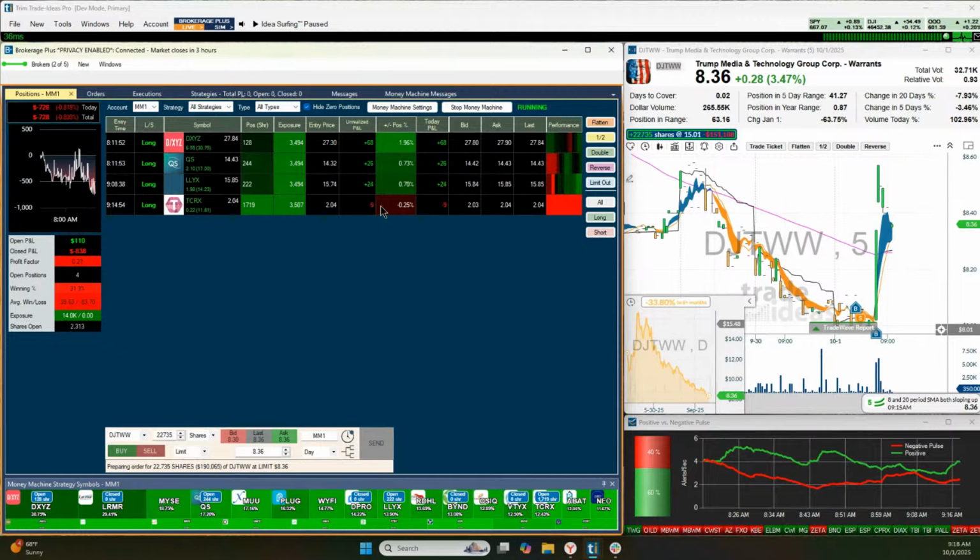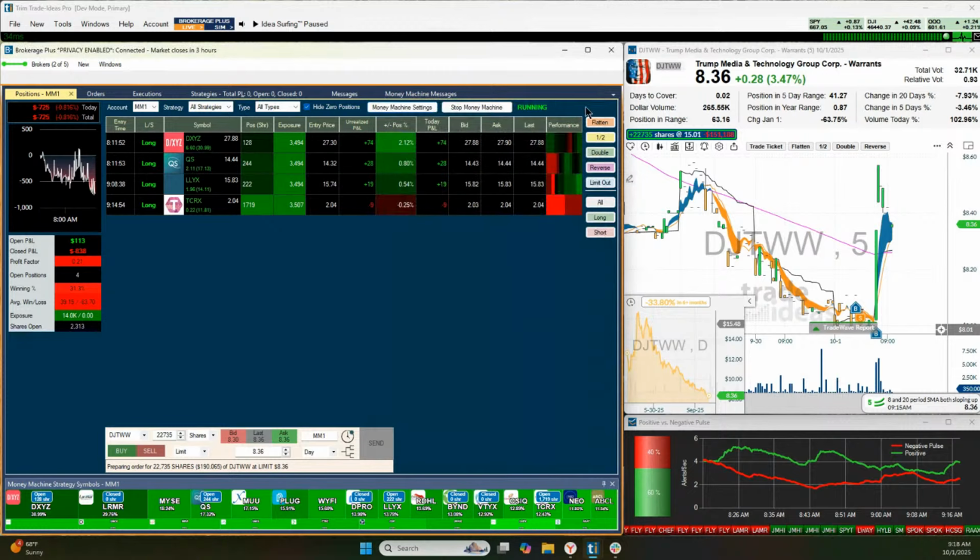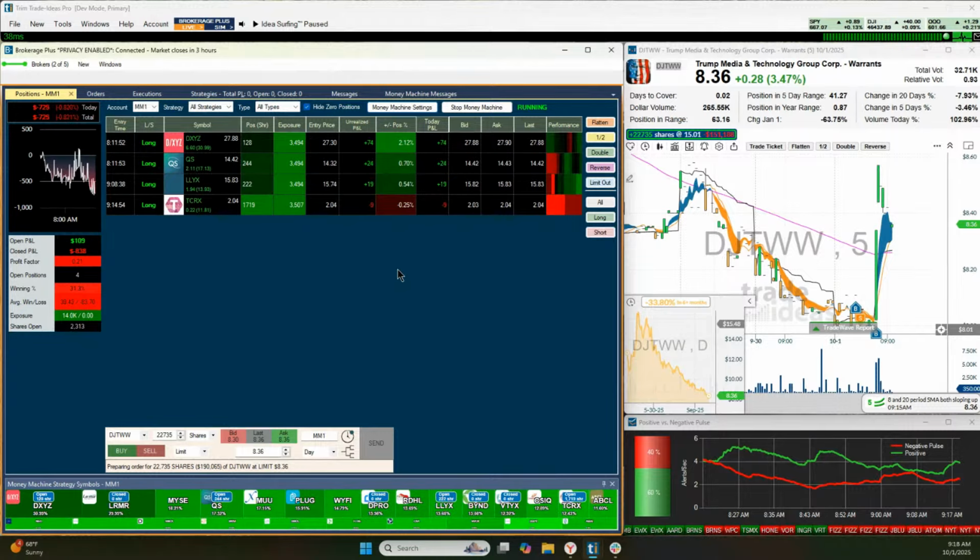Remember that we are in alpha mode. We are in alpha, and as a result, the strategies, we're working on them in real time. And a lot of this stuff is going to be changing. The key for us is these strategies right here, right now I'm running Big Momentum Rider, but all the ones in here are not set in stone, meaning that as the market changes, we will be adjusting them, correcting them, and improving them. Does that make sense to everybody? I hope it does.